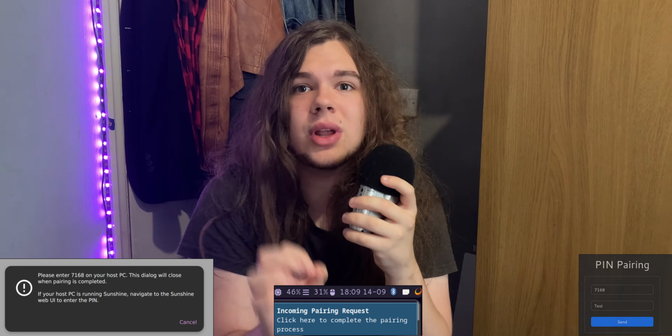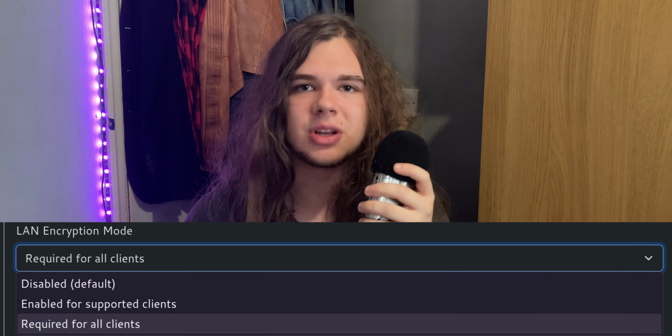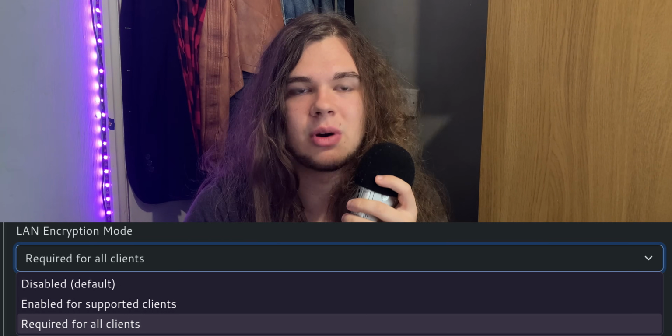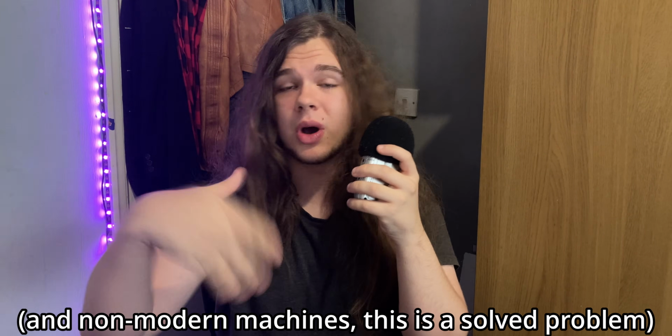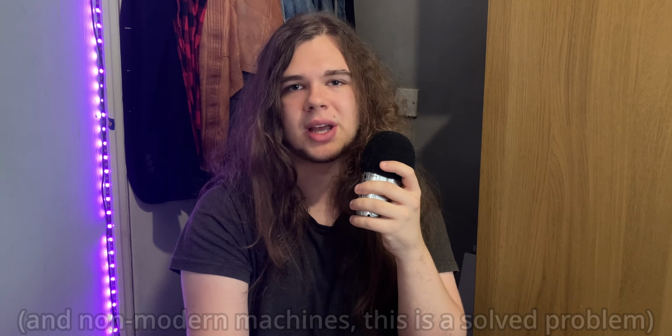However, at the very least, if you're going to configure something on Sunshine's end, I would recommend enabling encryption on LAN, not because I expect most of your LANs to be compromised and someone sniffing all the packets and reconstructing some sensitive data from it, but just because why not enable it? Encryption is super fast on modern machines, but it comes off by default for local connections, so I think it's just better to turn it on.